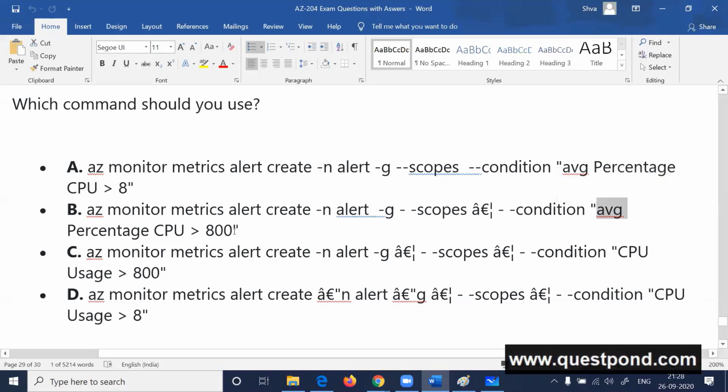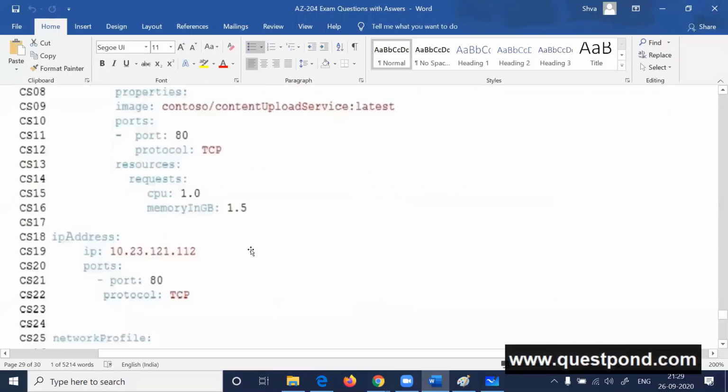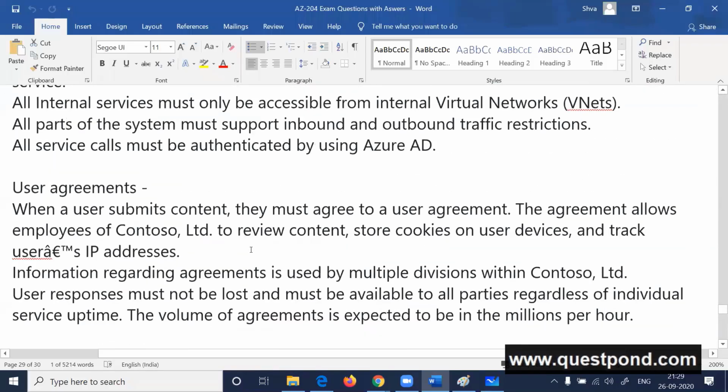Now, one thing I will leave as homework. All the 8 CPU can maximum go to 800%, right? If you say 80%, then that is 640% on an average. Why have they given 800% here? That is a question. If you look at this question very quickly, it says very clearly,